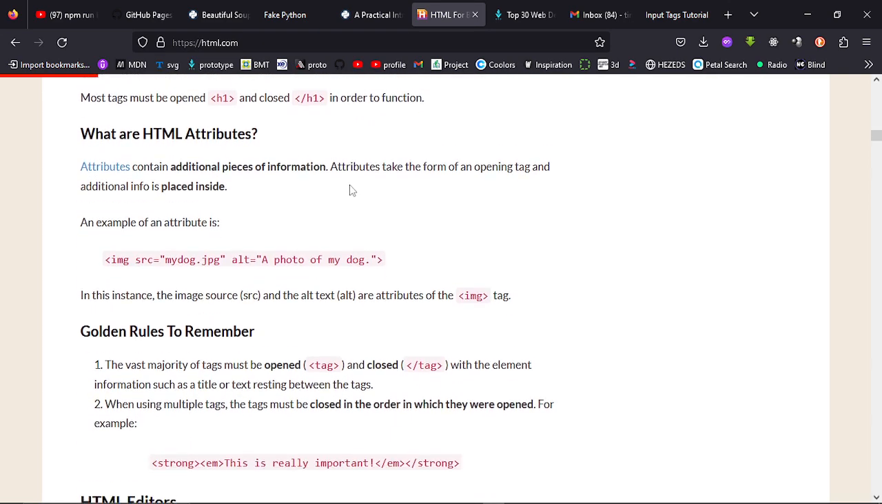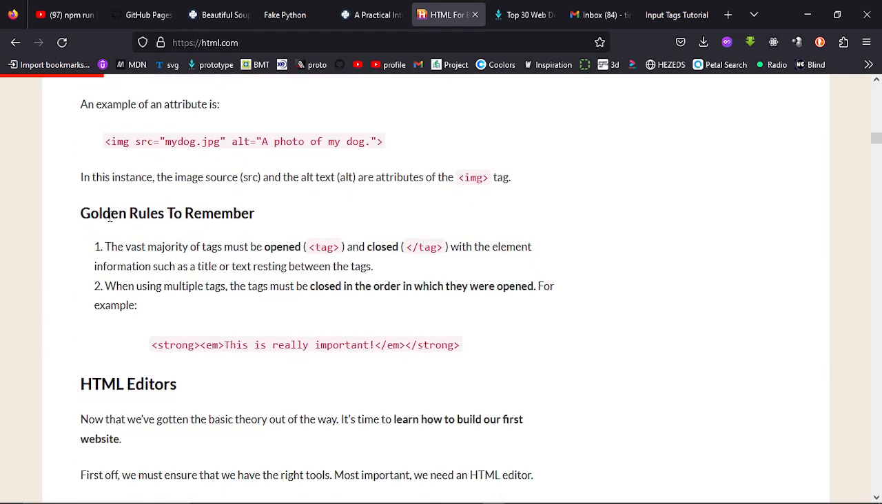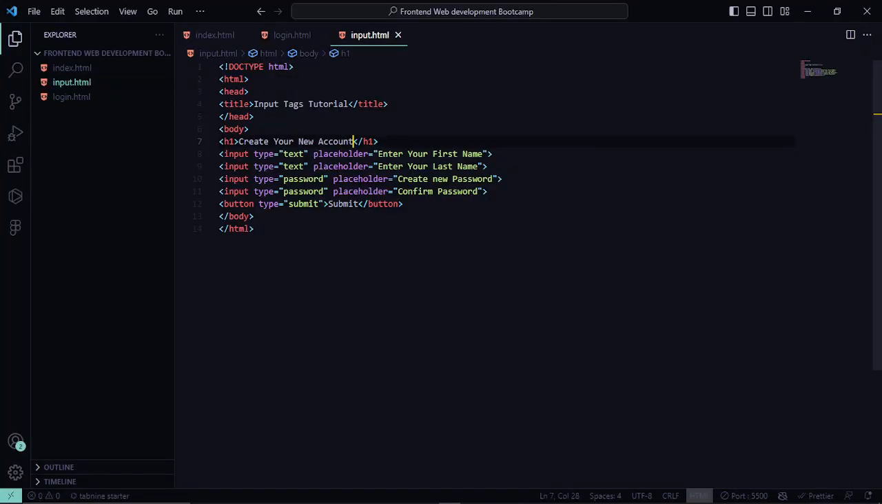So you can see we have something like golden rules to remember. The vast majority of tags must be opened and closed with the element information such as title or text resting between the tags. So you have your opening tag like this, and then the closing tag with the information in between, just like in our H1. So this is our closed